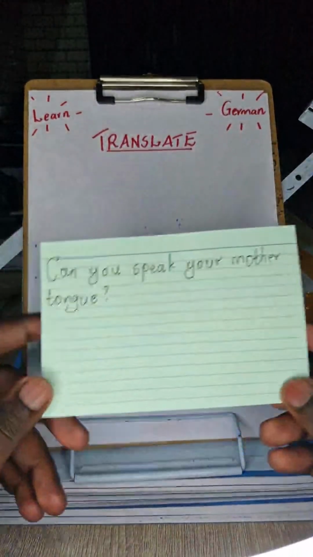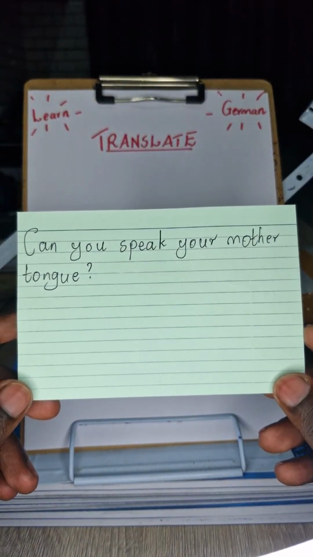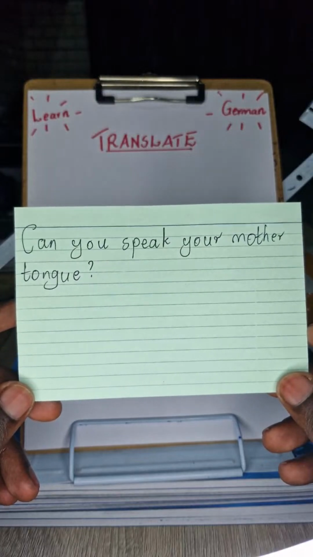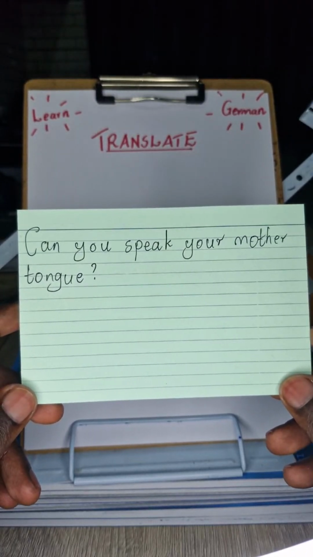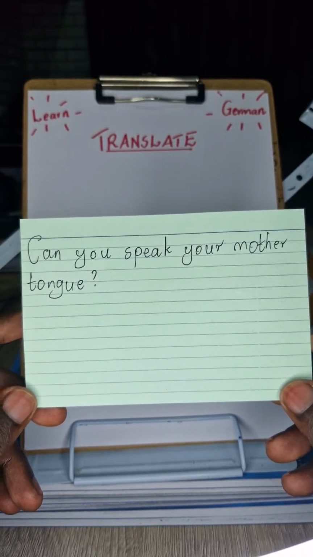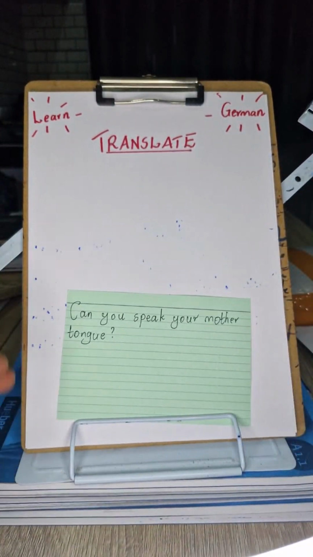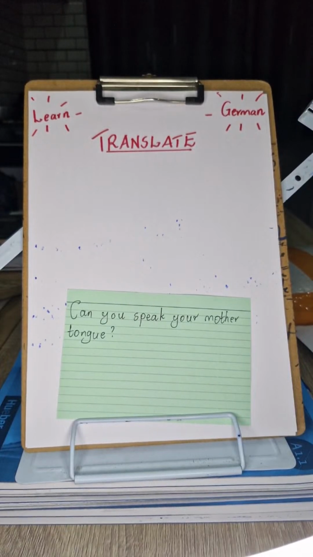Now, remember, when one is translating, you will have to consider, are you using the Sie form or are you using the du form? And then you continuously maintain on that, right? So can you speak your mother tongue? I will give us also some few seconds to try. I'm going to be reading some few responses from our sides. Go ahead and try. Right, there was a question that was asked at the beginning. In exams, do you have to use Sie or do you have to use du? You can use either of the two, depending, right?